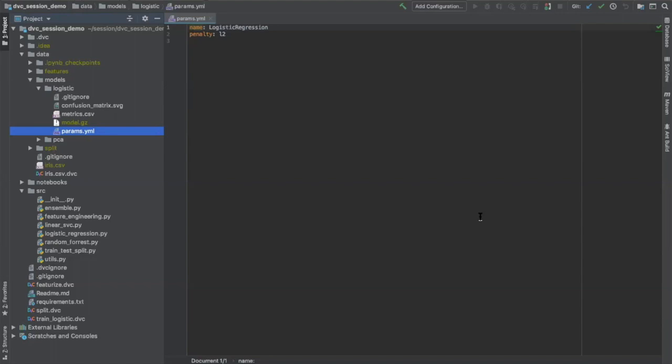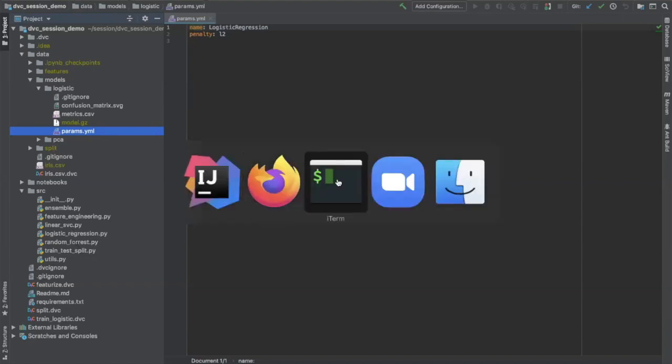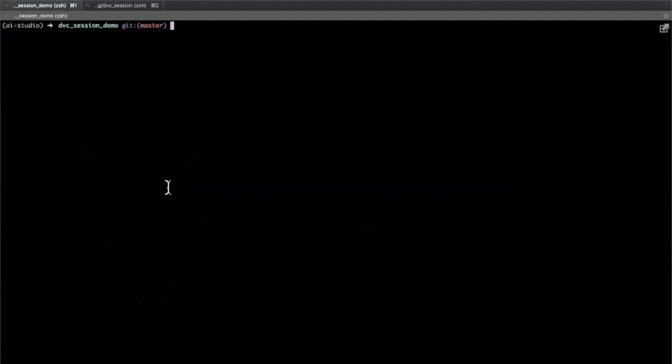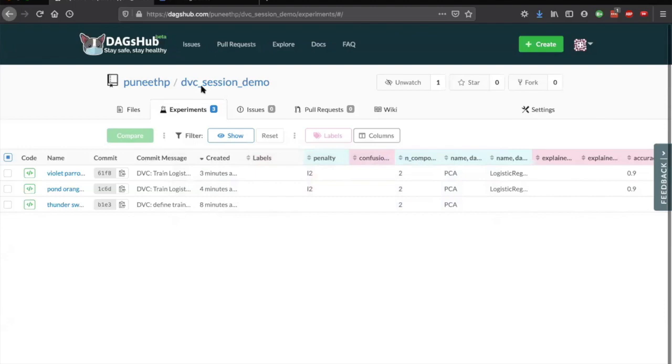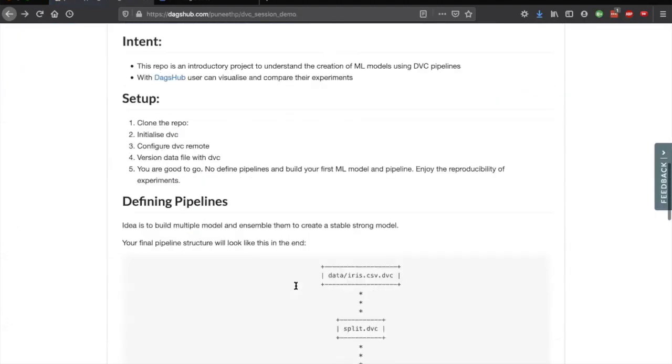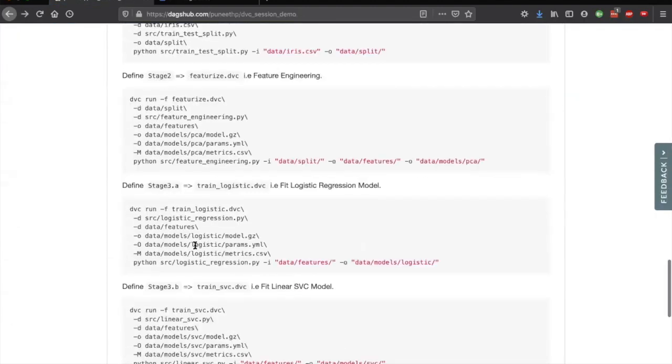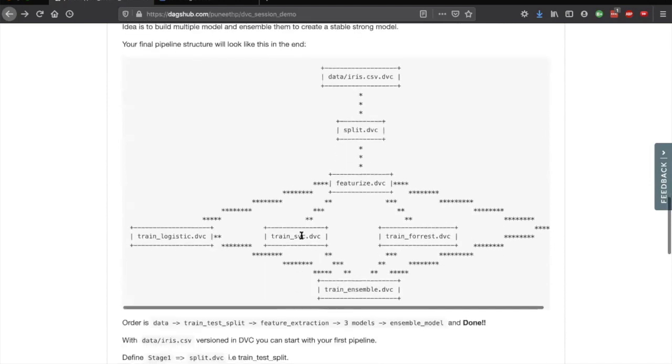Okay, I'll move on then. Okay, so before we train other two models like linear SVC or random forest, let's do one more experiment with logistic regression.